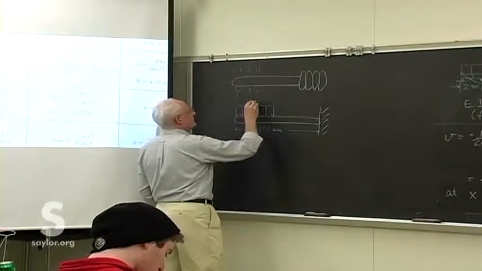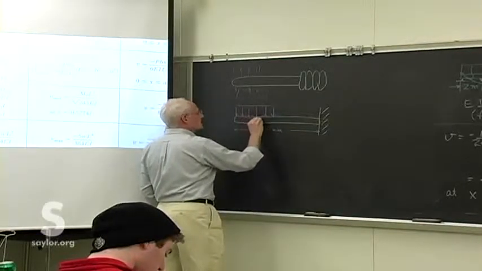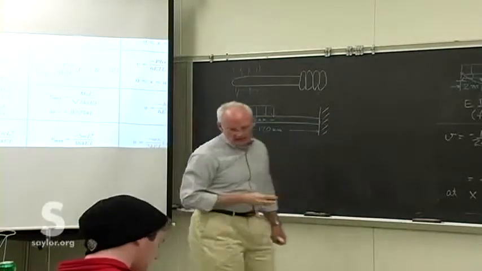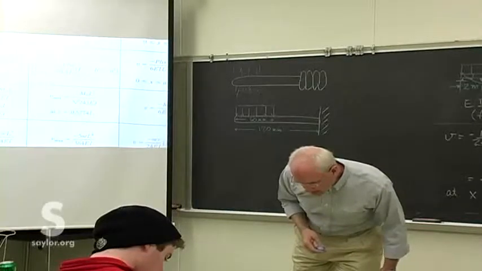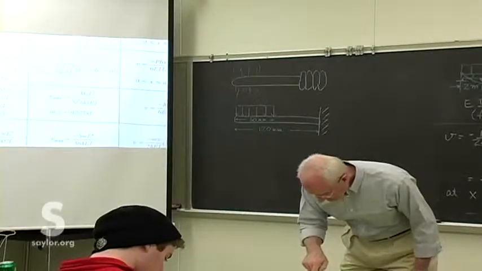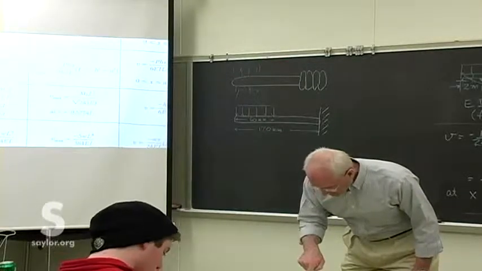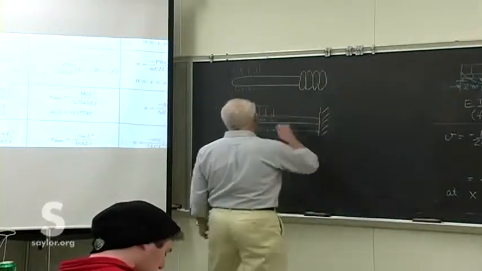This is half of it, goes half the length, so this is 60 millimeters across there, and the load is something like, oh, did I put 50 or 60? Oh, I gotta stop doing these things late at night. The load is 50 newtons per meter,